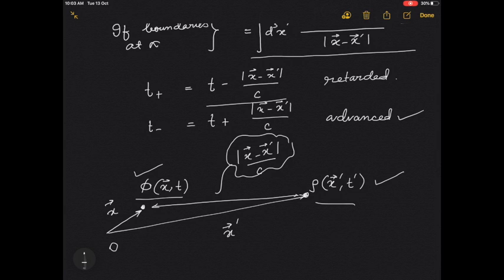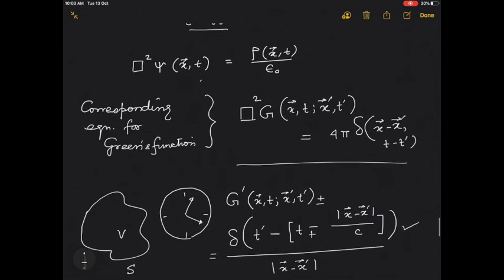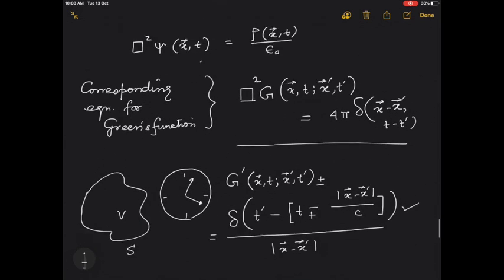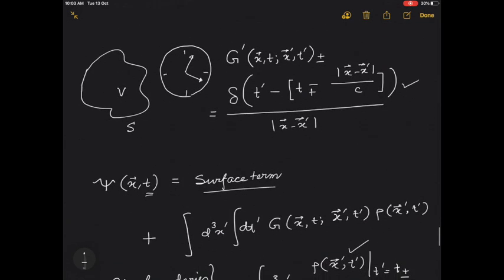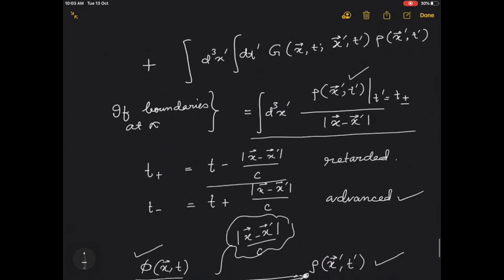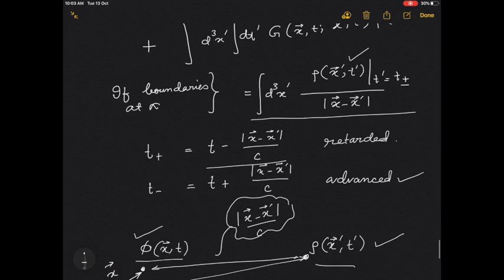What we have done today is looked at the electrostatic Green's function for two different boundaries and sketched how we solve the boundary value problems with the Green's function. What is its connection with the method of images? We also looked very briefly at the Green's function for the electrodynamics problem. What is the equation that you solve to get the Green's function? What is the solution that you get? And what is the